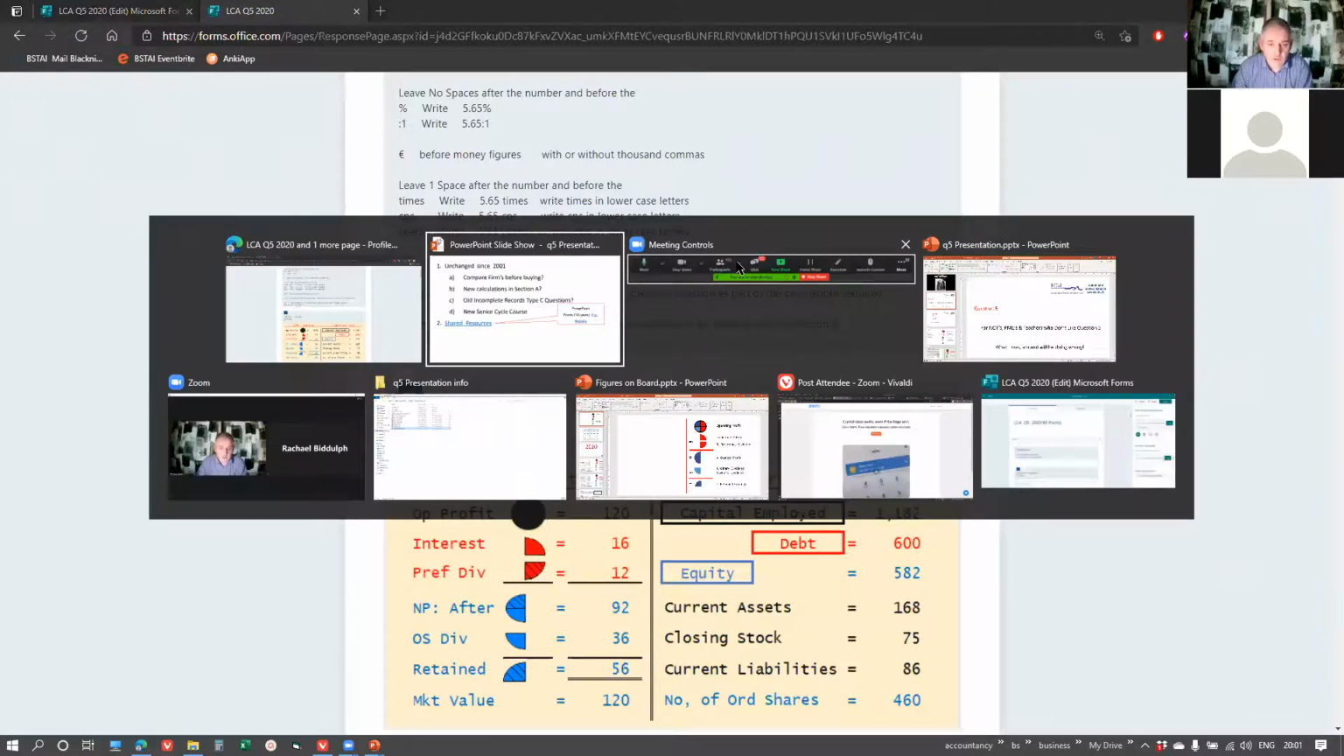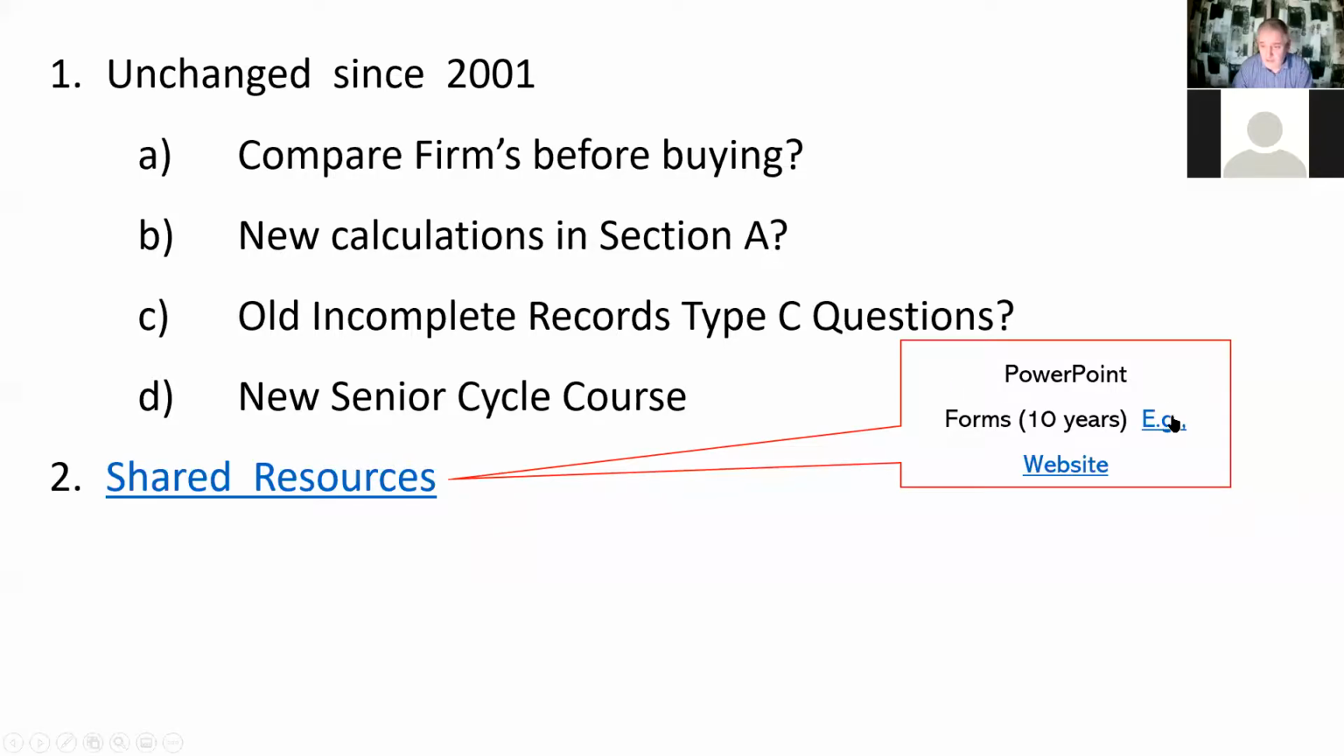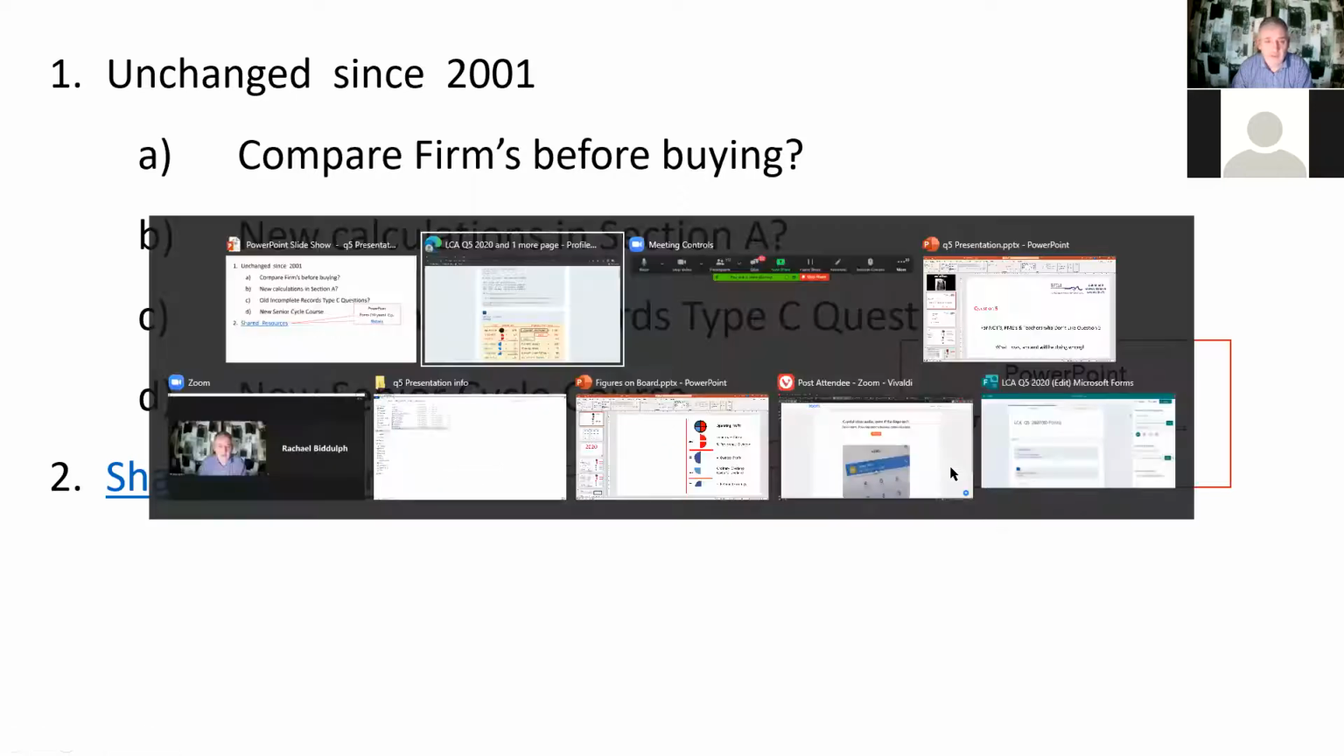Nearly finished. So yeah, we're sharing the PowerPoint that you can put up on the board, let them work out the figures. We're sharing 10 years worth of Microsoft Forms and 10 years worth of Google Forms. And then on the website,